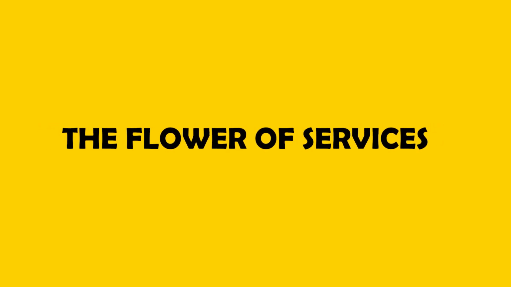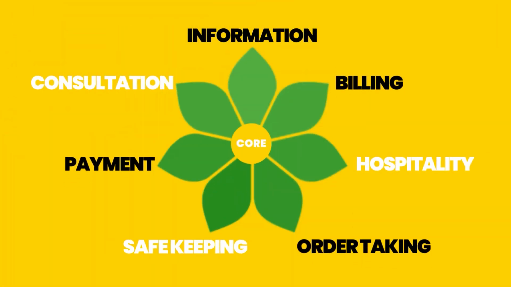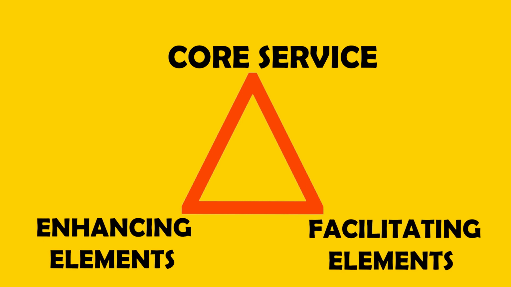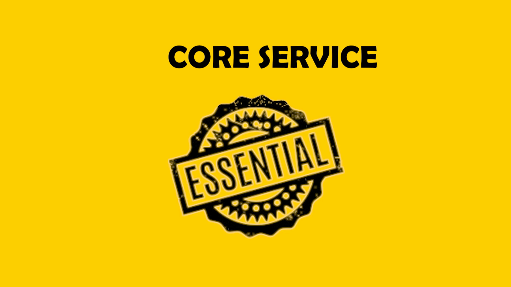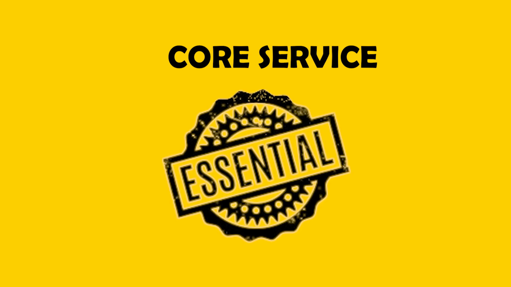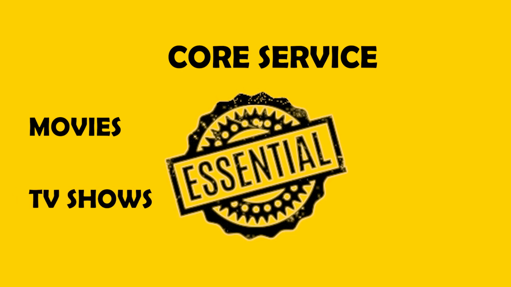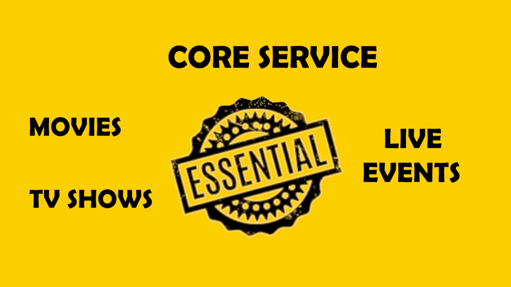the flower of service. Let's put this model into the OTT industry. This model is a way of visualizing the different elements that make up the service experience. The model consists of three main parts: core service, enhancing elements, and facilitating elements. The core service is the basic service that customers expect and pay for. In the OTT industry, the core service is the streaming of video content such as movies, TV shows, and live